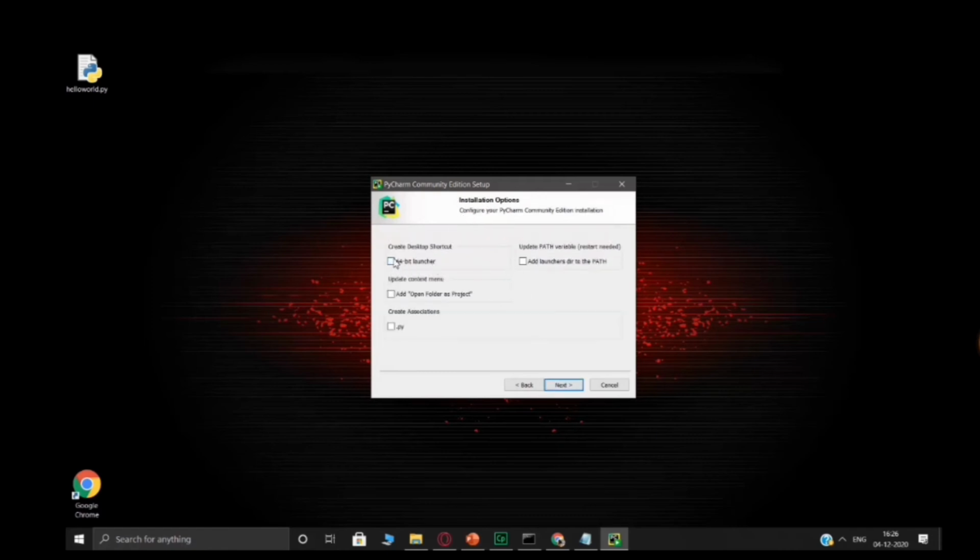so here you can add a desktop shortcut if you want, and you can add whatever you need. So we're going to just add a desktop shortcut. We'll also add py associations to it. Then we can also add an update folder as project option, and if you want we can add this as well, but we'll just hit next for now. Install. And now let's wait for PyCharm to complete installation.